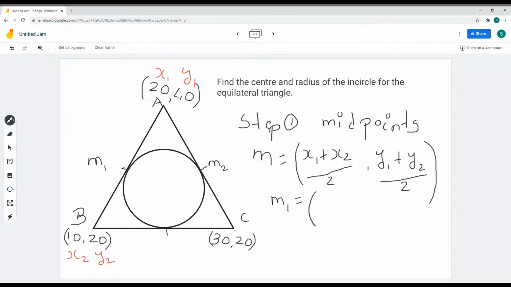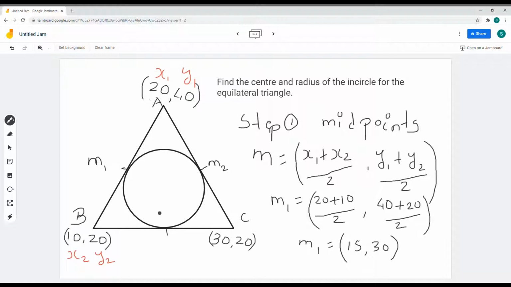I'll write the corresponding numbers. So my x1 is 20. So I've got 20 plus 10 over 2, and I've got 40 plus 20 over 2. That means my midpoint 1 is nothing but 15 and 30. So I can come back here on the diagram